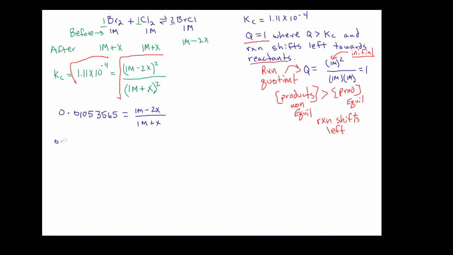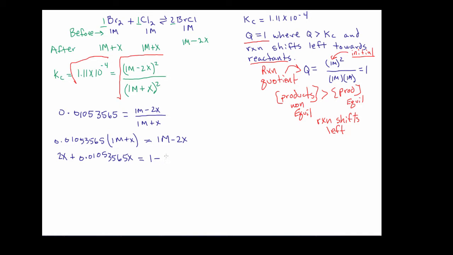So this is going to be 0.01053565, and that's going to be times quantity 1 molar plus x. And that whole thing is now equal to 1 molar minus 2x. Okay, now I'm going to go ahead and rearrange this. So I'm going to have 2x on this side, and it's going to be plus 0.01053565x, and then that whole thing is going to be equal to 1